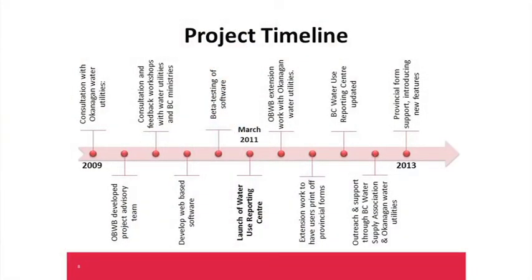And so the Okanagan Basin is the first pilot, and I'd like to mention that the Regional District of Nanaimo has taken on the second pilot project, and that will be beginning very shortly. So from March 2011, they continue to meet with Okanagan Basin water utilities. They had water use reporting forms and print-off forms put into the program, and it's now continuing on even in 2013. They have got support and are introducing new features all the time, and have integrated the provincial annual use